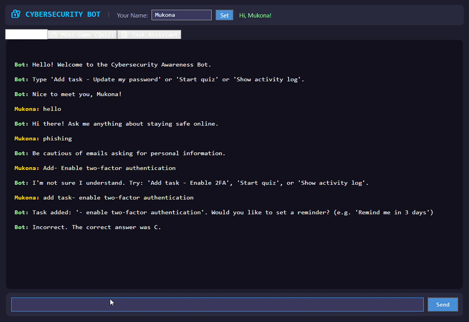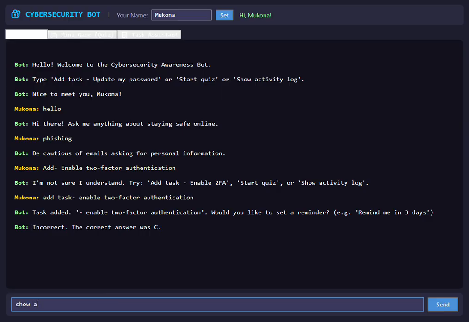So now the activity log feature, which is the final requirement: whenever the bot takes a significant action like adding a task or answering a list, it records that action into a variable inside the chat engine. And then to see this, you can just type a command. The command can say